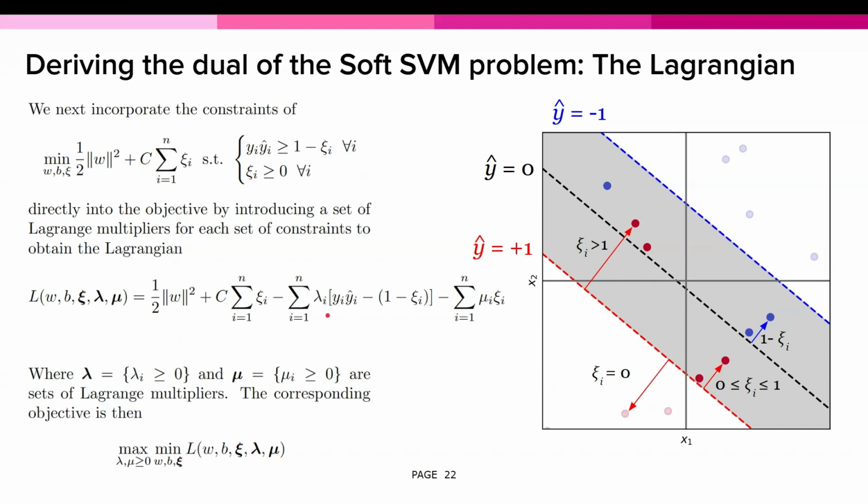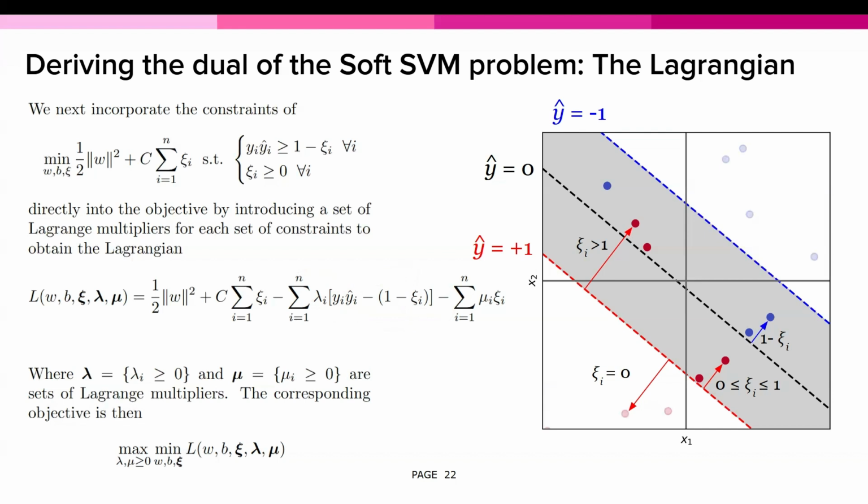And if the product y times y hat is less than 1 minus xi, then the constraint is violated, and then the term inside the brackets becomes negative. And so this negative value is going to contribute a penalty to the Lagrangian. So it's going to provide a mechanism to push the optimization back towards the feasible region where the constraints are